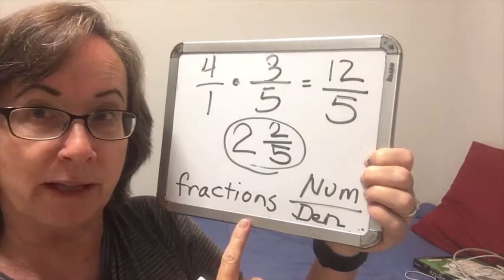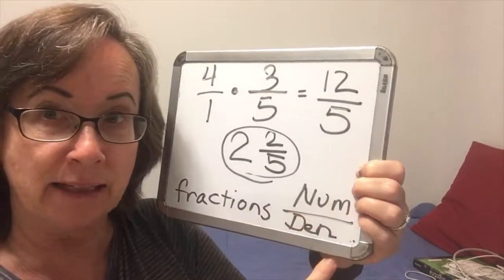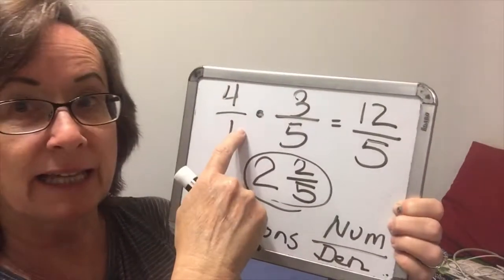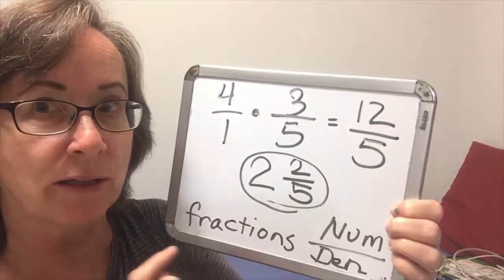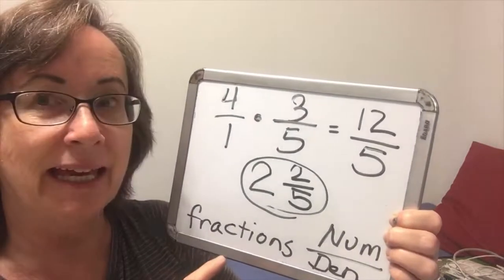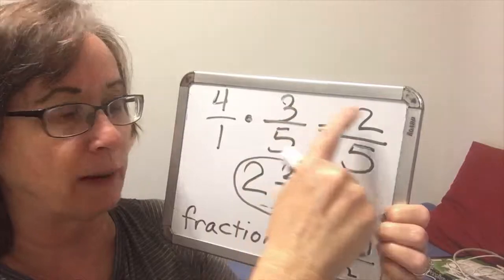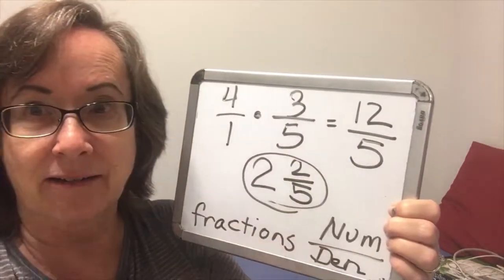So we want to remember that fractions have numerators and denominators, and to save confusion, we will take the 4 and write it as 4 divided by 1, and then we can keep straight our numerators and our denominators, multiply straight across and straight across. Okay, now the next one,